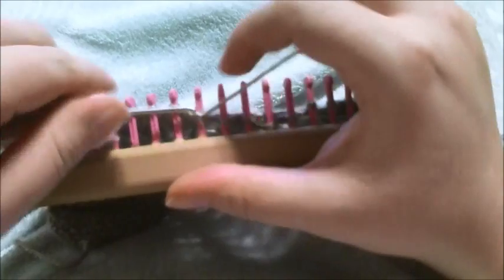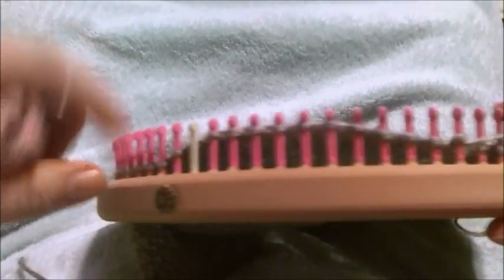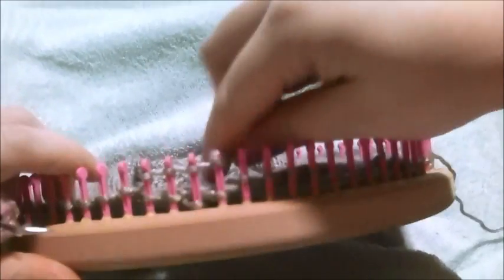And then purl. So if you're using stitch markers, you'll know when you need to start purling, and that'll make it a lot easier. I can visually see what I'm doing underneath. Okay, then you're going to E-wrap